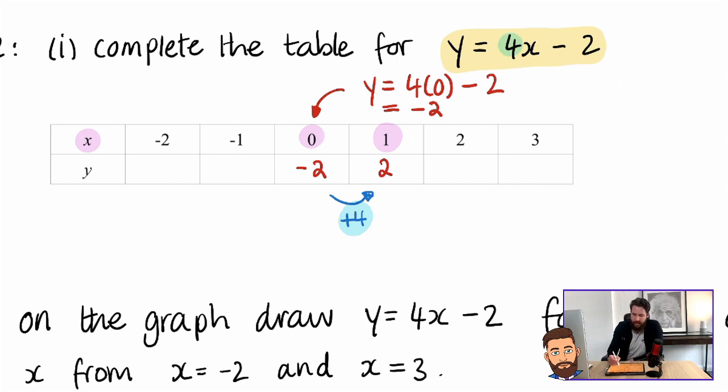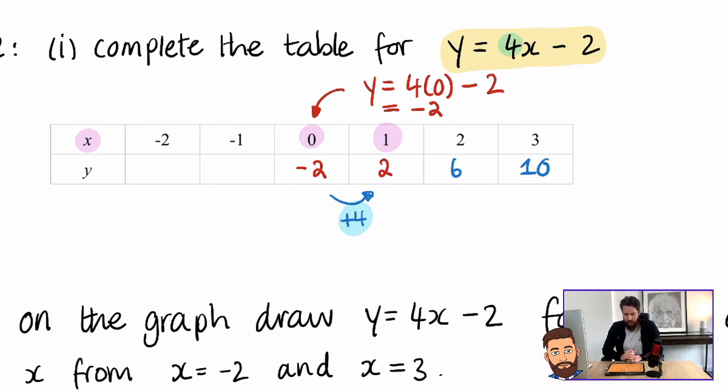So now we can be lazy. Once we've established that we've got it correct and it's working, we can just add 4 on now. So if we add 4 on, what are we going to get? 2 add 4 would be 6. 6 add 4 would be 10. And again, I cannot stress this enough. This only works if the x values are increasing by 1. If these x values are not increasing by 1, you can't use this technique and you'd have to substitute in